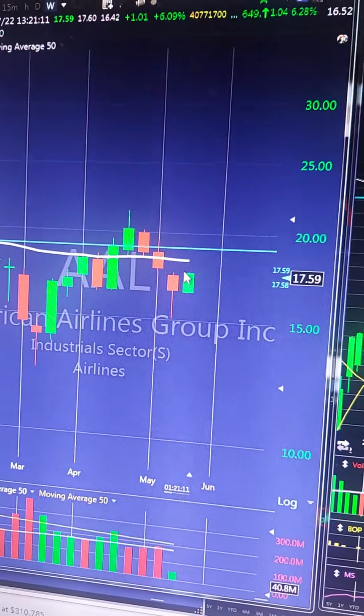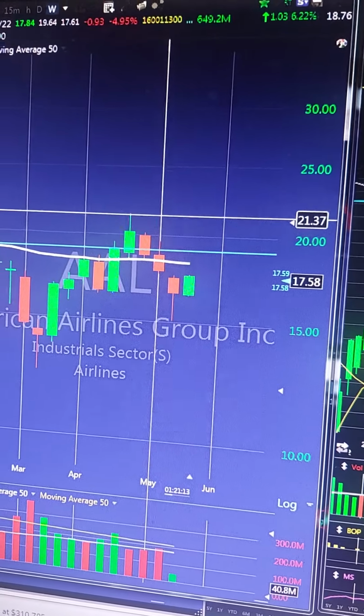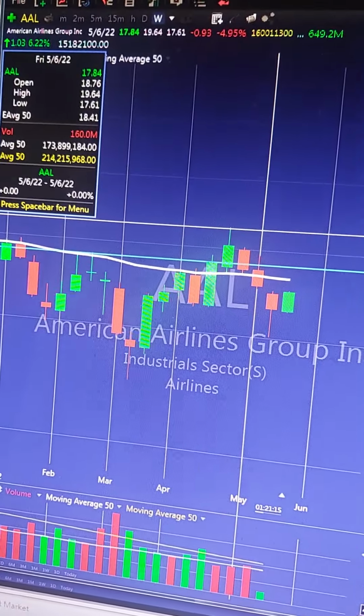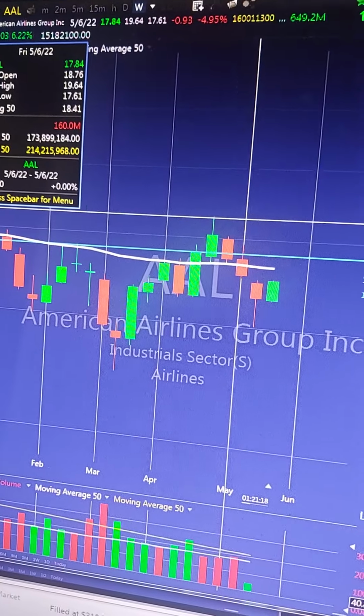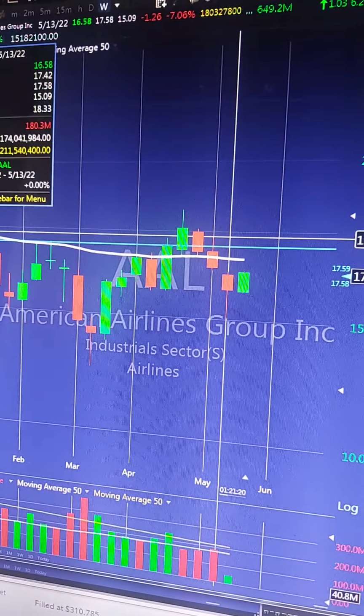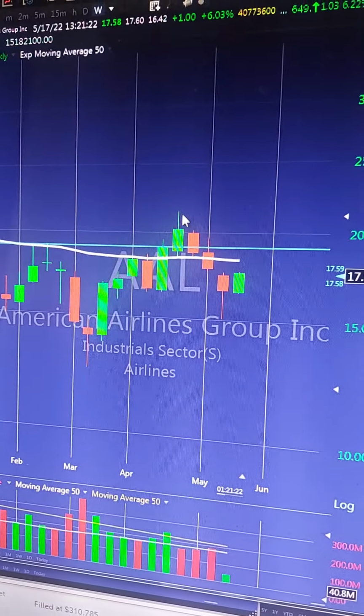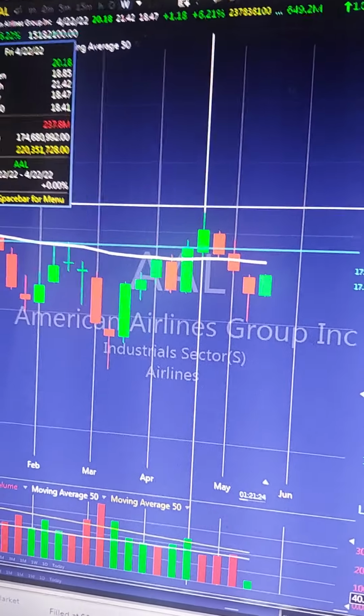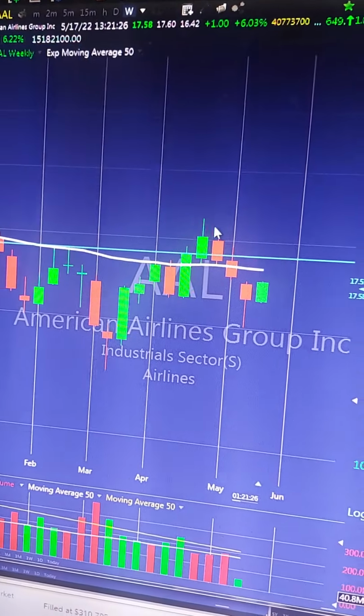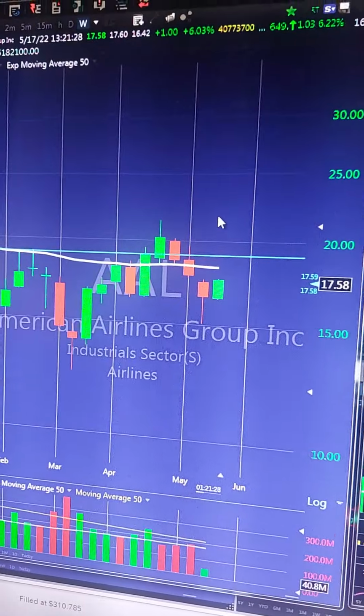So now with this weekly 2 up, you are projecting the first target towards 19.64. It's really close to 20, and if it continues higher, you can take out this high and this high, which ultimately gets us up to 21.42 up in here if in the weeks ahead we broaden higher.